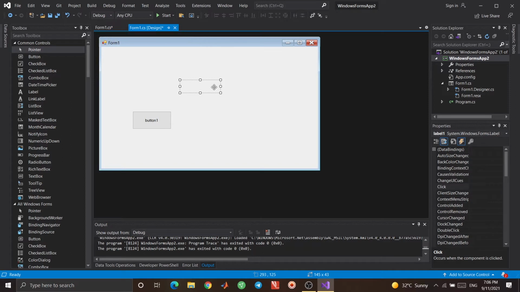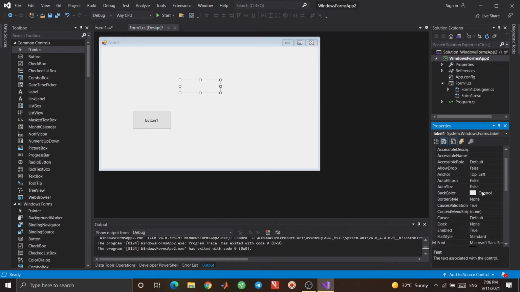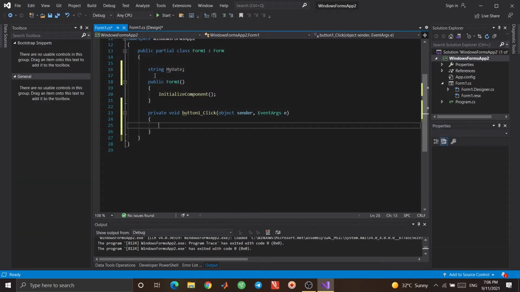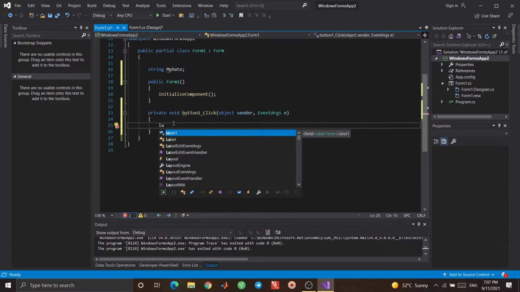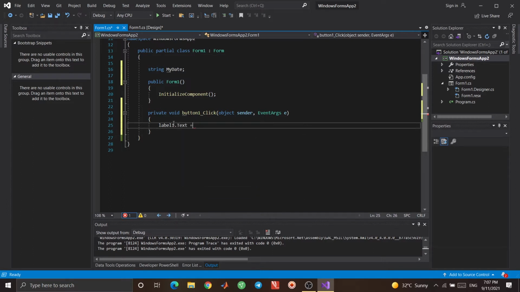If this label is not clear, let's change its back color so that you can see it. This is our label, and let's change the text of the label. Whenever I click on this button, label1.Text equals to